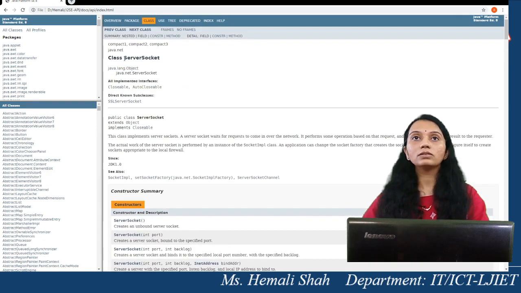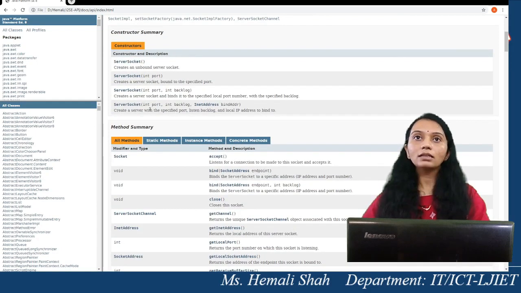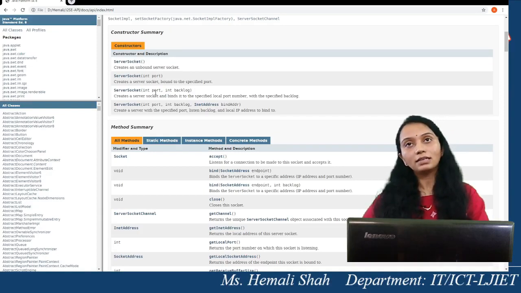First, this is the ServerSocket class. Here these are the constructors. We will use this constructor, ServerSocket with int as a parameter, the port number. Here you have to create one program that works as a server program that accepts the client request and establishes the connection between your server program and the client program.